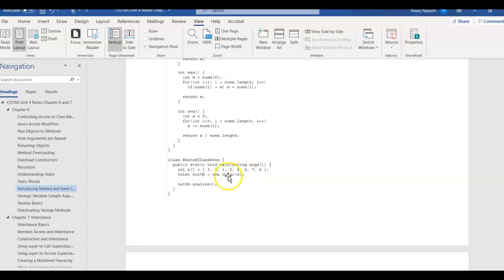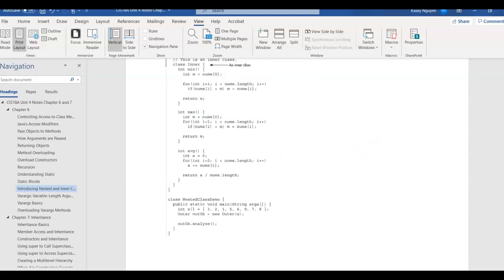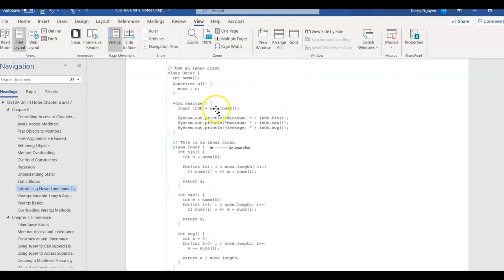We construct the object called OB, and then we simply call analyze. So with this, we're using the main method to initialize the value for our array, construct the object, and call the method. So with the analyze, what will happen is analyze is happening on the outer class, and